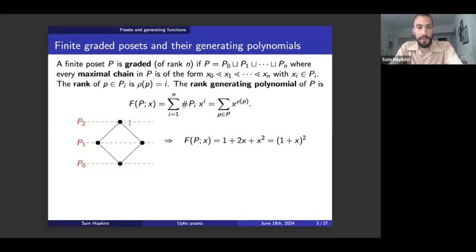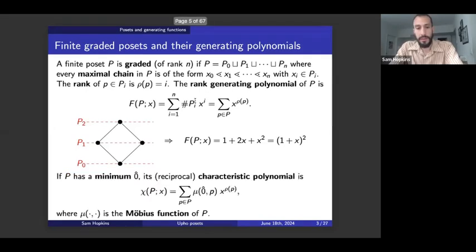Whenever we have a finite graded poset, we can form the rank generating polynomial of the poset, which is just the generating function for the number of elements at each rank. So this 4-element poset has rank generating function 1 plus 2x plus x squared, which is also (1 plus x) squared. The reason we like graded posets is because we can extract sequences of numbers or generating functions out of them. And not just the rank generating polynomial, but another important polynomial